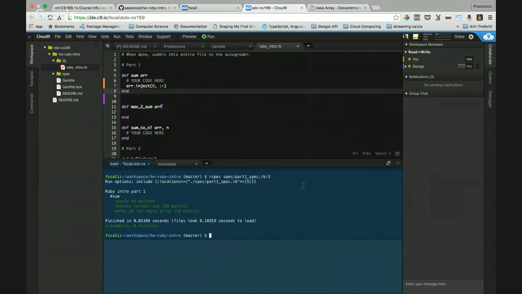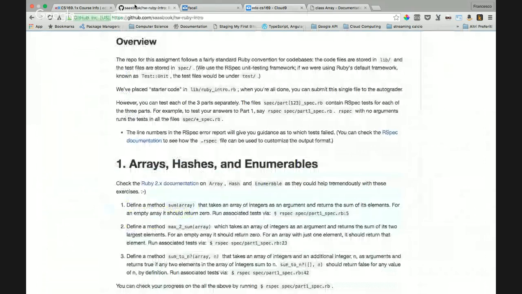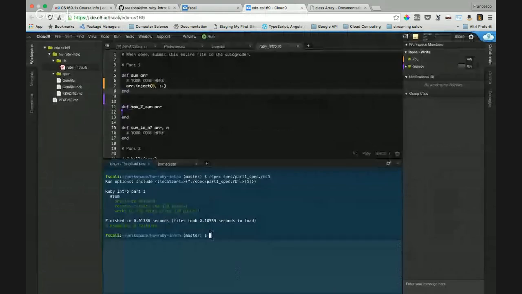It doesn't allow me to copy it for a reason. Can you try to copy? Yeah. In the meantime, I'll run the tests for the second function.